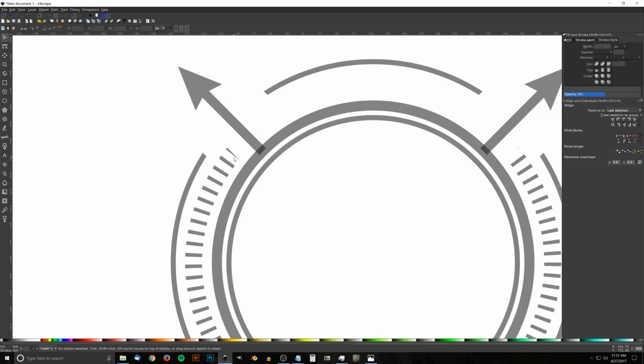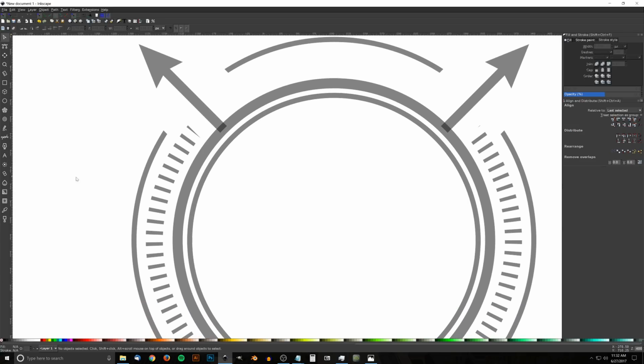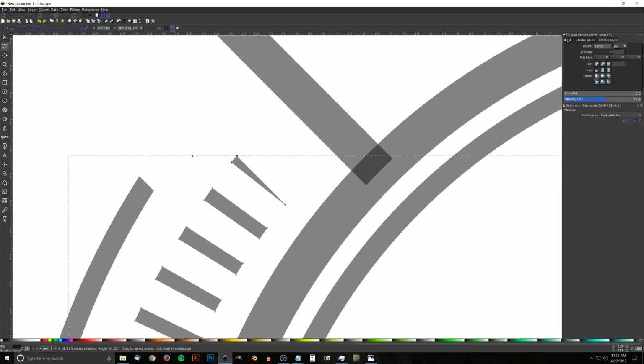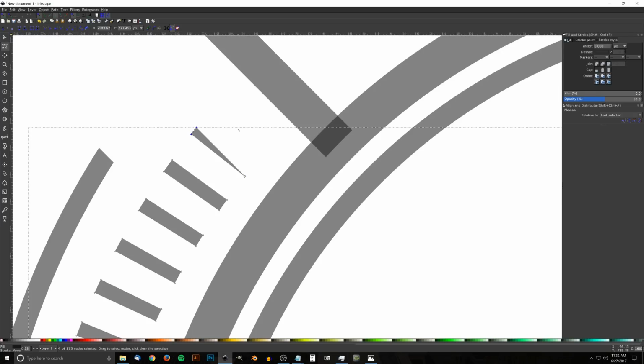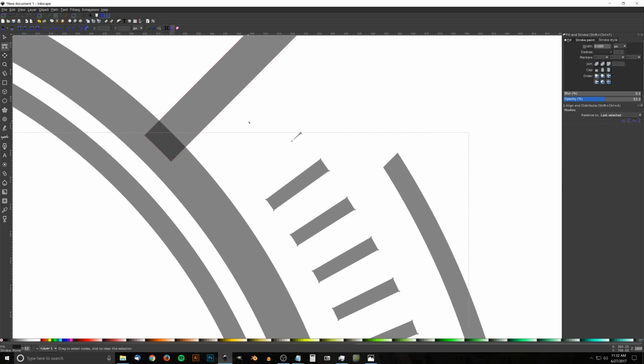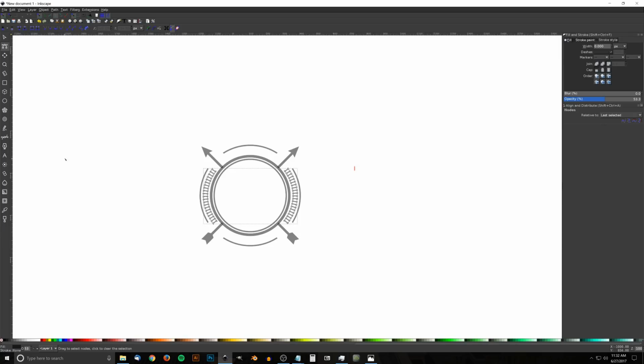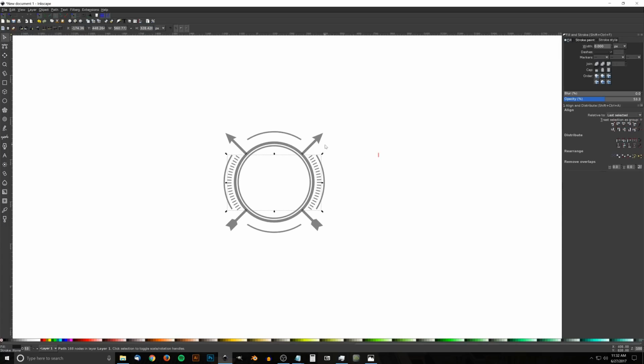If you'll notice, there's a little bit of a fragmented piece left over here. If you want to get rid of that, you just go to the Edit Paths by Nodes tool and click on the object, and then just click and drag over the nodes right there. Just hold Shift and click and drag over the other ones, and we have all of those nodes selected. And just press Delete on the keyboard. And we can do the same thing over here. Just click and drag over all those nodes, press Delete on the keyboard, and that's an easy way to get rid of that. Now we'll go back to the Select tool, click off of the graphic to deselect everything, and